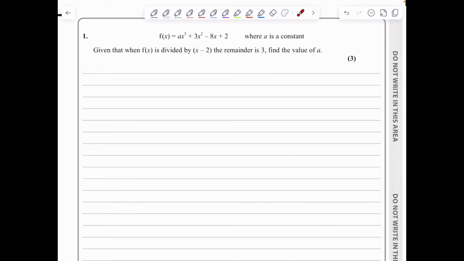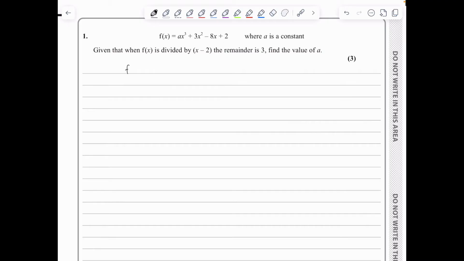In question 1, we've got f of x being ax cubed plus 3x squared minus 8x plus 2. A is a constant. We are told that when we divide f of x by x minus 2, the remainder is 3, and we need to find the value of a. Well, if we divide f of x by x minus 2, we know that through the remainder theorem, the remainder